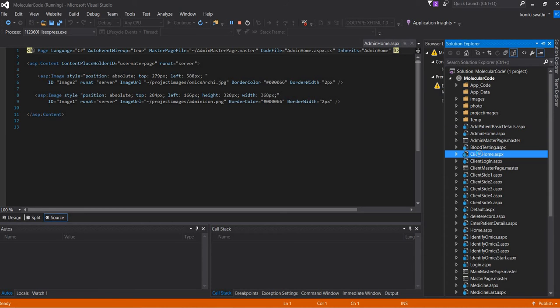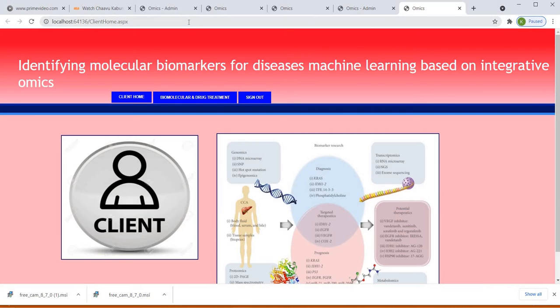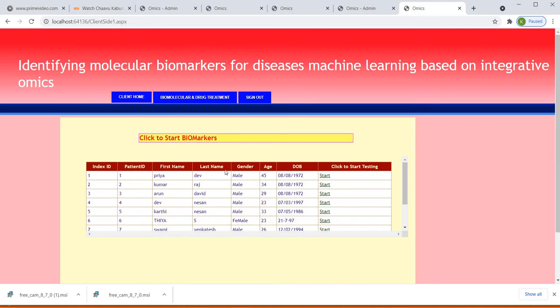After that, client means the patient. The patient gives the report, blood sample report and body temperature report. He will enter whatever he has.